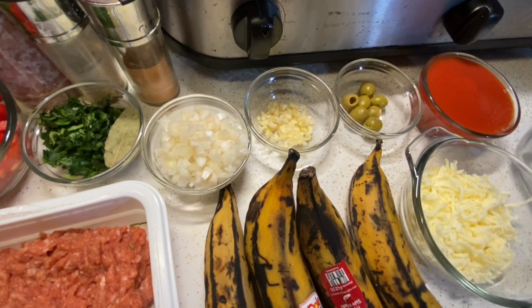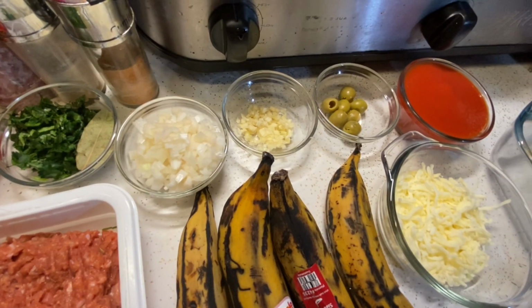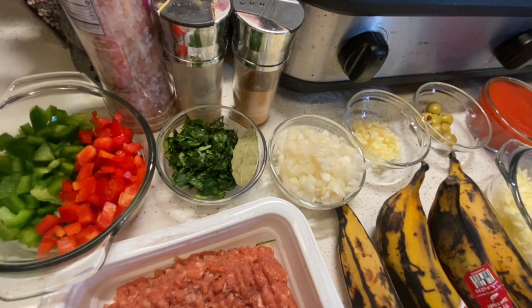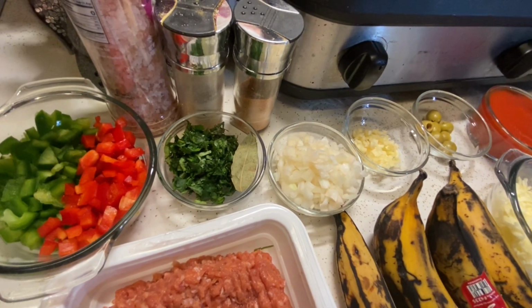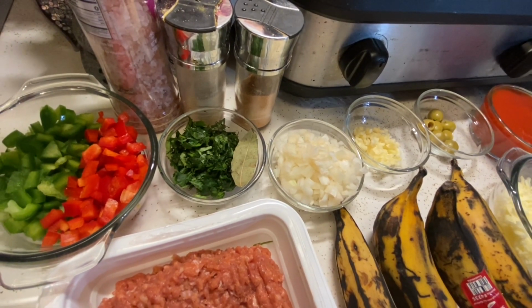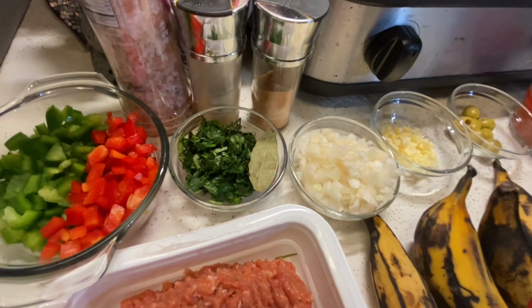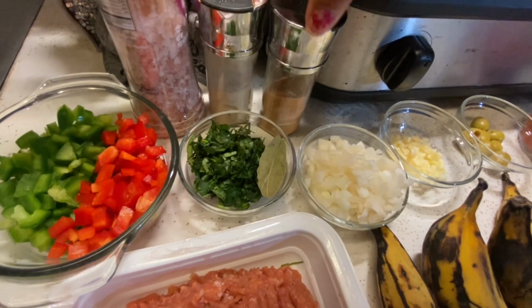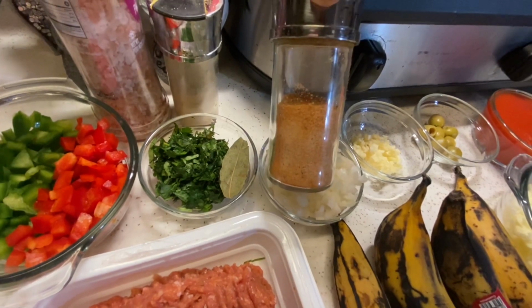For the ingredients, I'm using 1 pound of ground turkey, 4 ripened plantains, half a cup of mozzarella cheese, half of a green pepper and red pepper, parsley, 1 bay leaf, 1 small onion, 3 garlic cloves, some olives, 8 ounces of tomato sauce. I'm using some salt, homemade sazon completa, homemade sazon, and off camera, I'm using half a